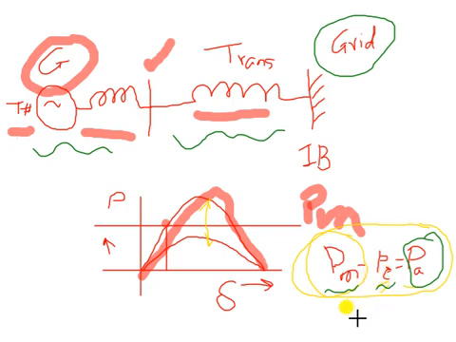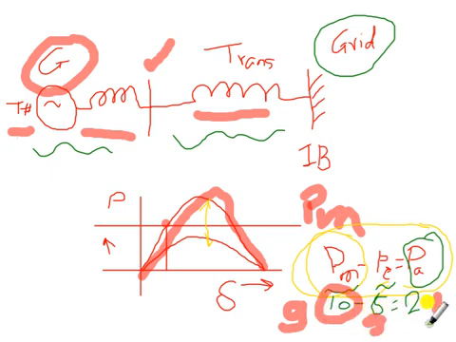Now I'll take a simple example, and you may think it is a very silly example, but I will show you what happens. You are aware that 10 minus 8 is equal to 2. My requirement is to reduce this 2 to 1. What can I do? I can either reduce PM, that is 10 to 9, or I can increase my electrical power to 9, so that 10 minus 9 becomes equal to 1.